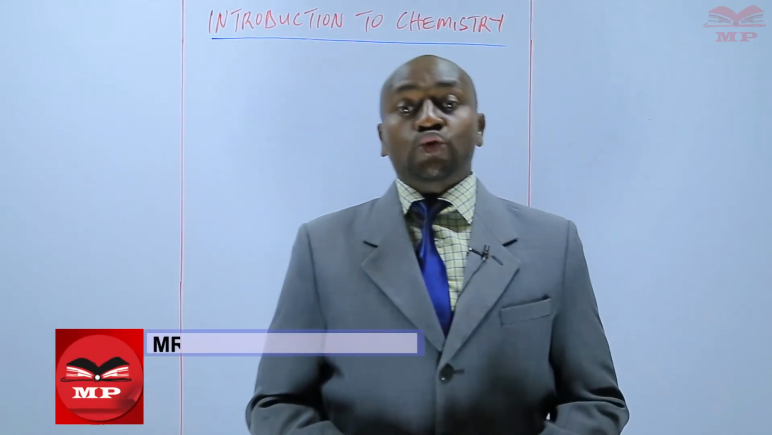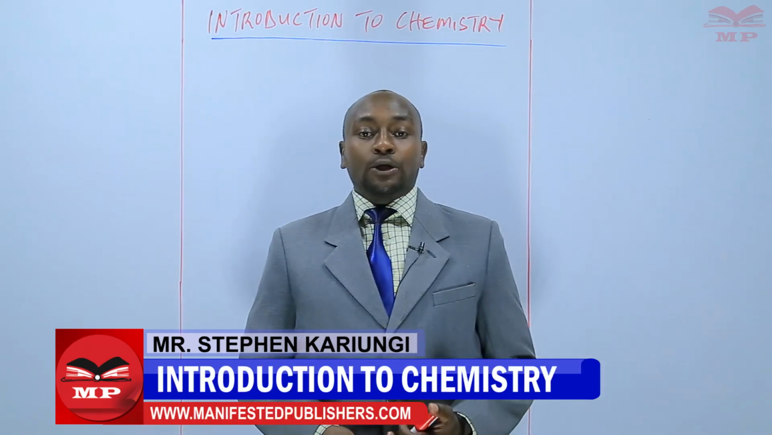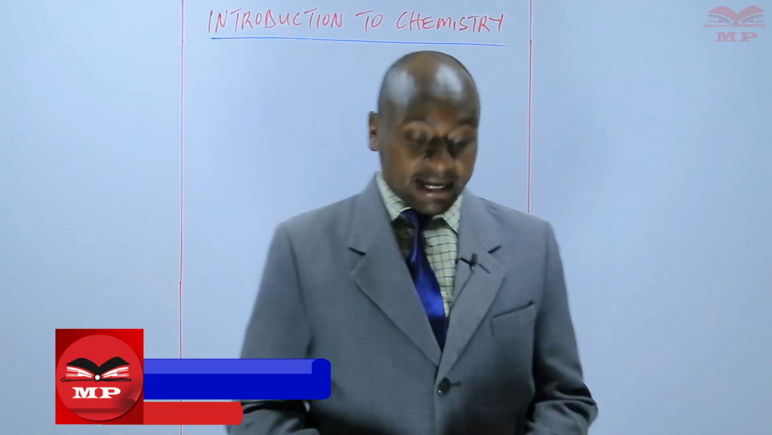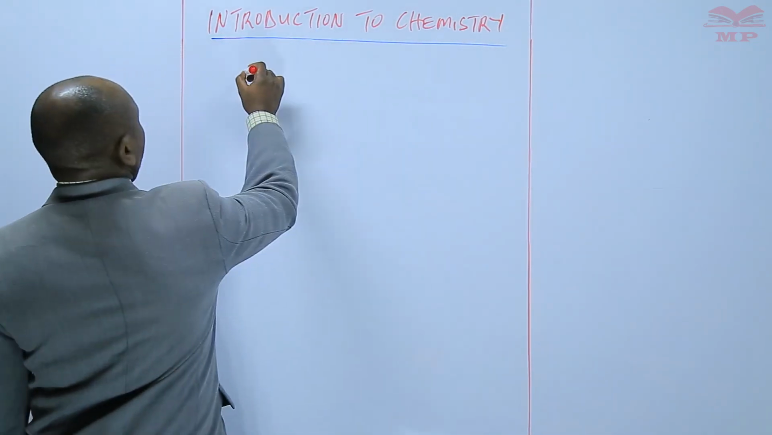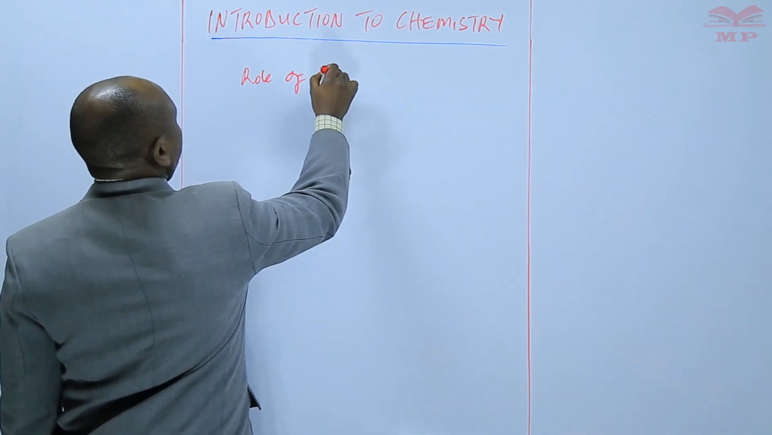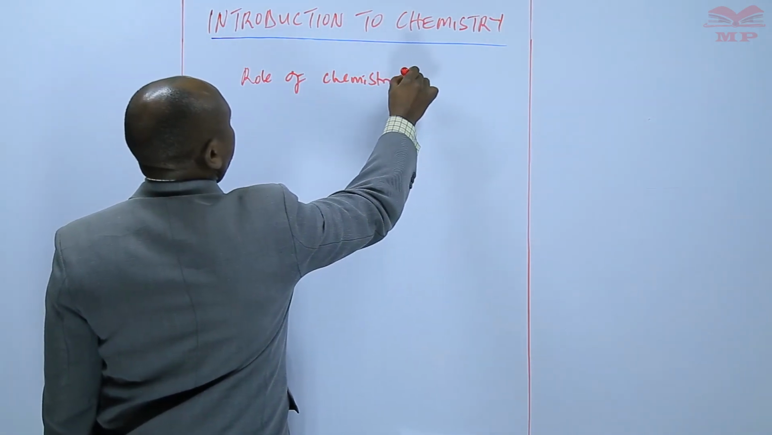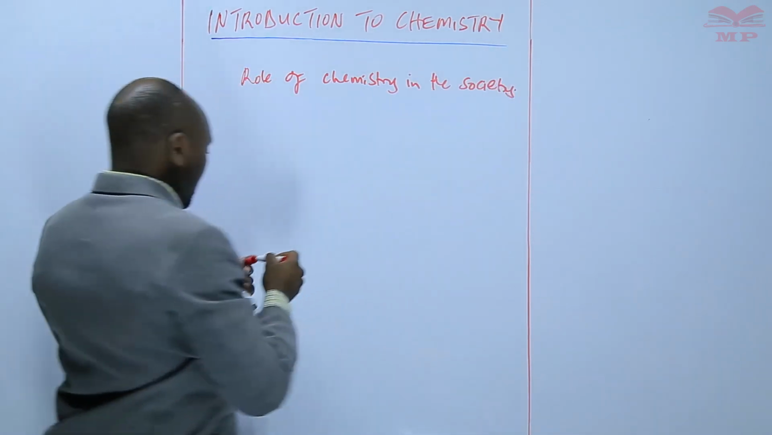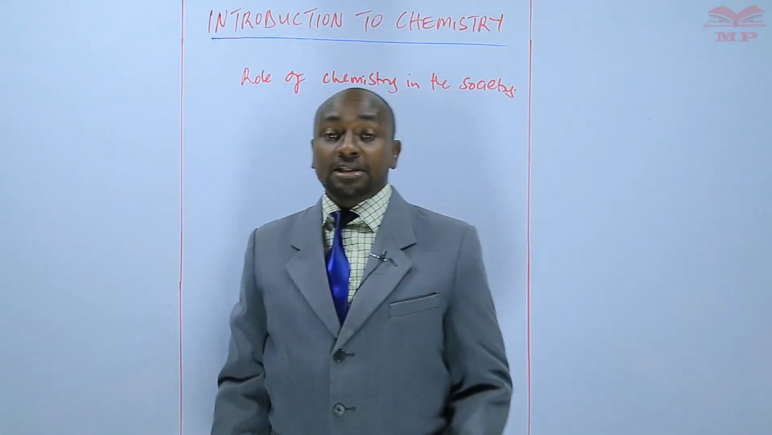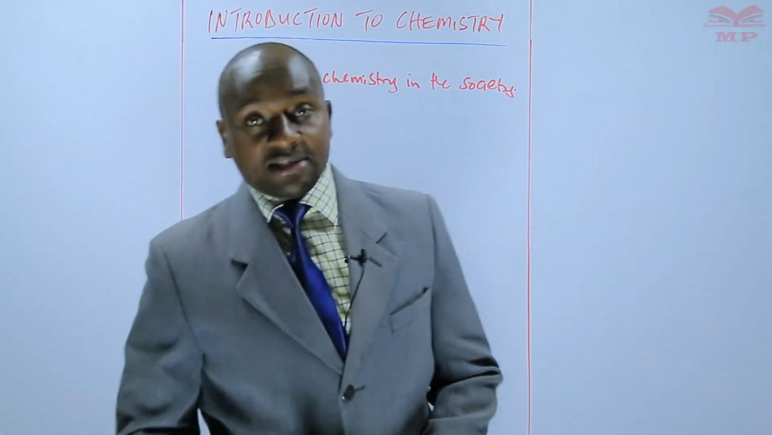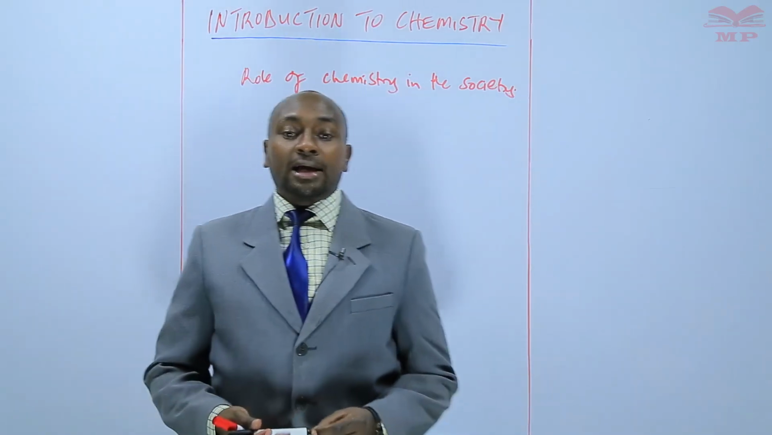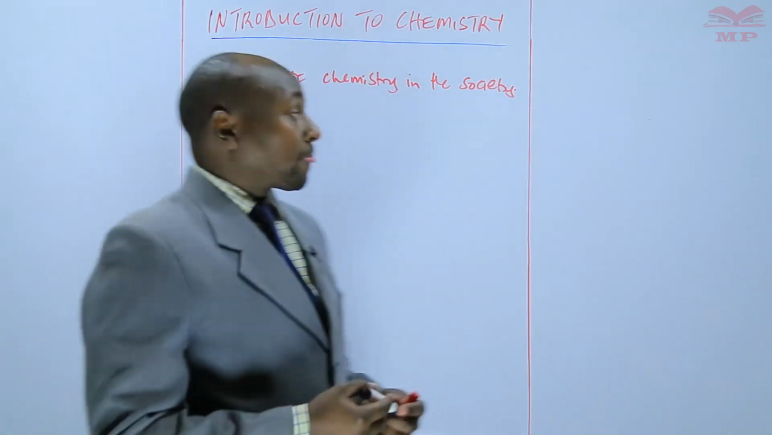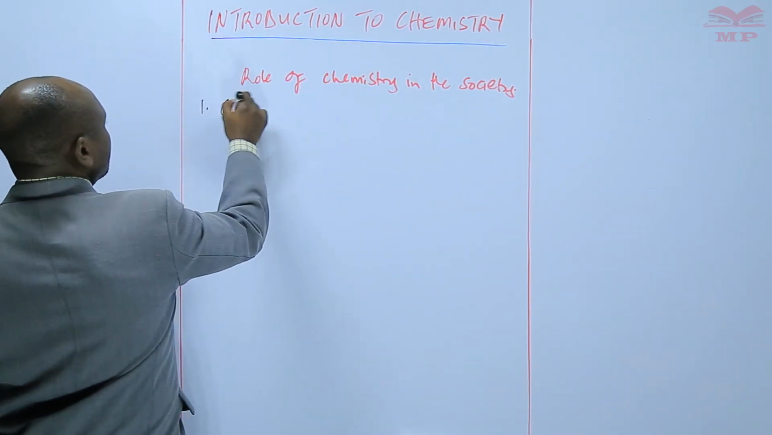We are continuing with Introduction to Chemistry. And today I would like us to discuss the role of chemistry in the society. Chemistry is applicable in the society in diverse fields, and we are going to identify some of these fields where chemistry is applied. First of all, we can say that it's a career